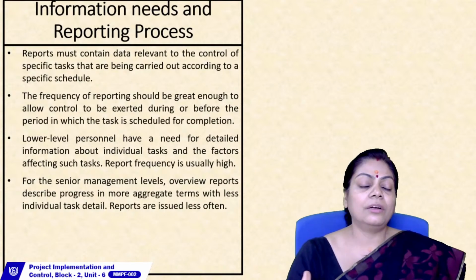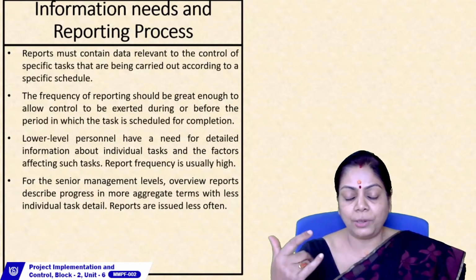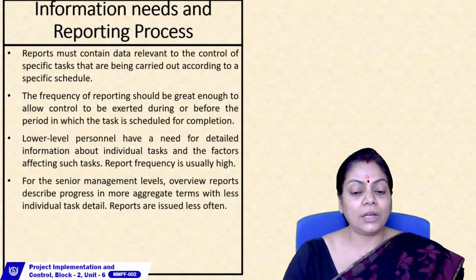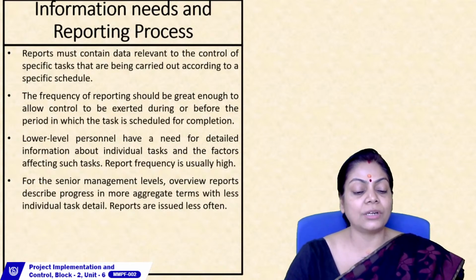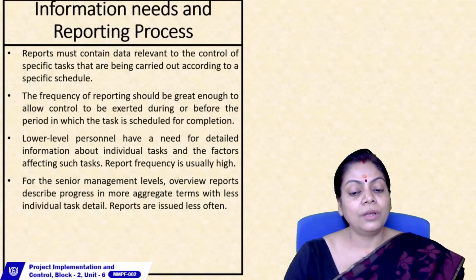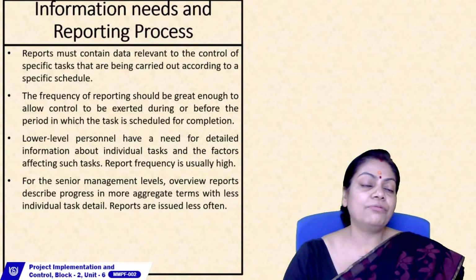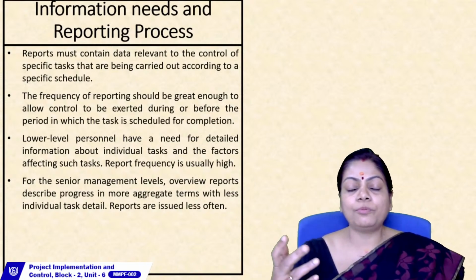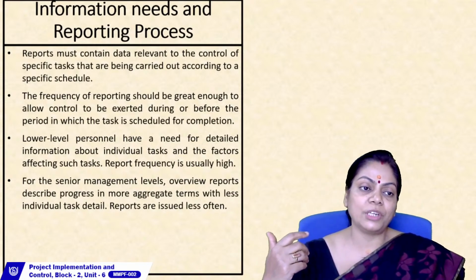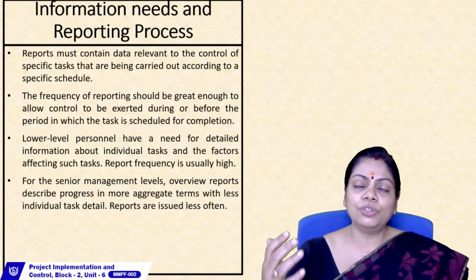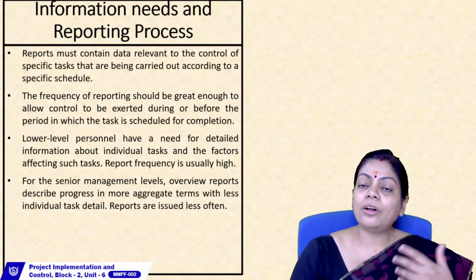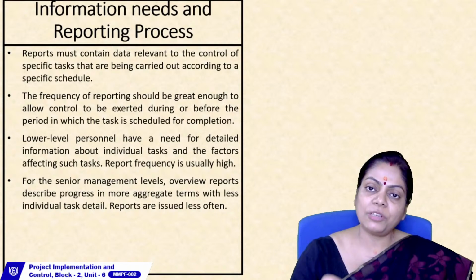Now you talk about the various information needs for the reporting process. So everyone that is concerned with the project, and whoever is tied to the project reporting system, the monitoring system has to be constructed in such a way that it addresses every level of management. Okay, so there will be a top level of management, a middle level of management, and a low level of management. Now, using the data that you have collected, you can generate so many kinds of reports. The reports can contain data relevant to the control of a specific task